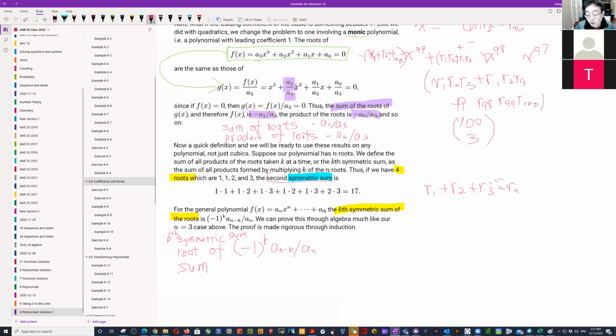And the first symmetric sum of the roots is always equal to a_(n-1) over a_n times (-1) to the first power. So basically,